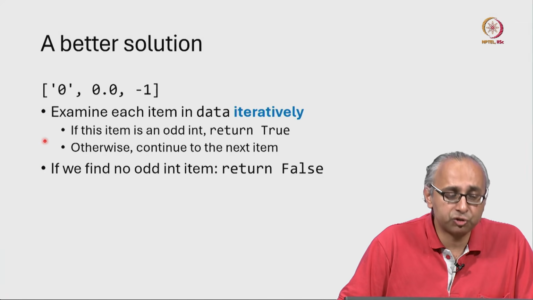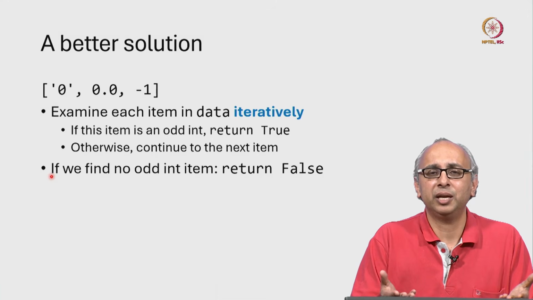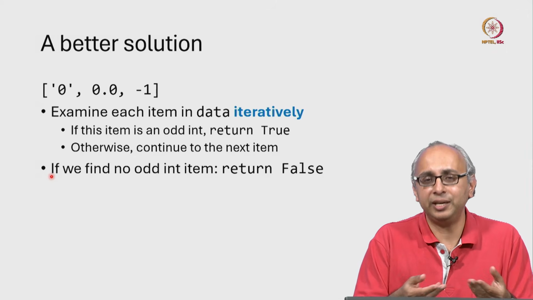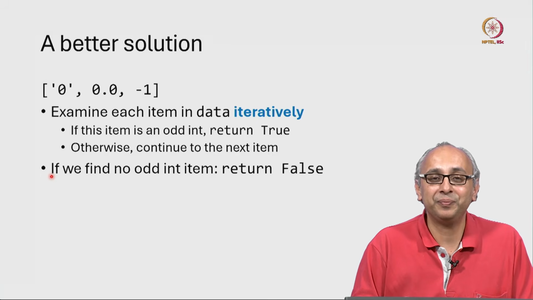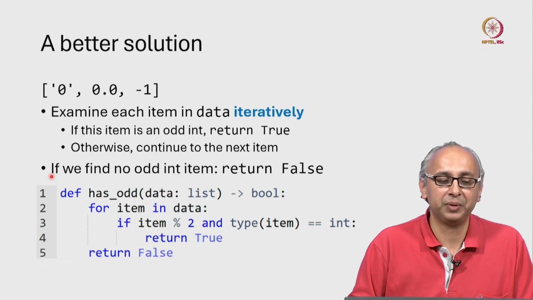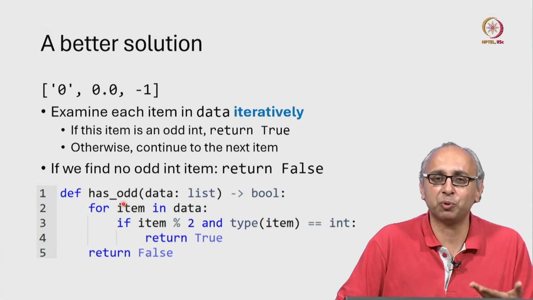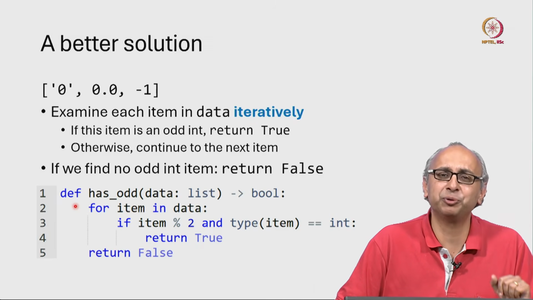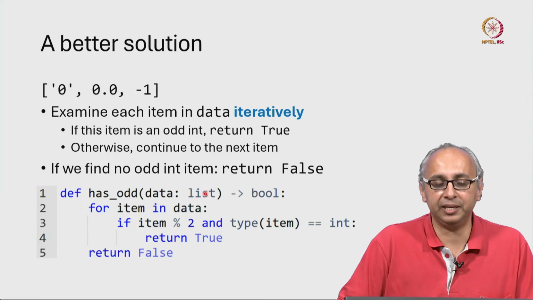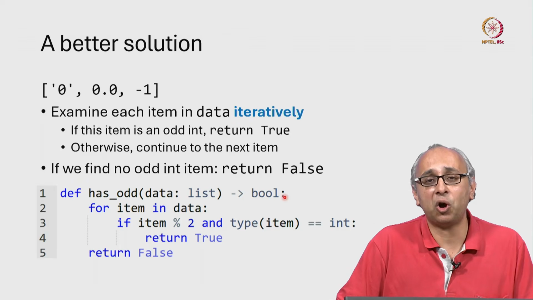So hopefully this strategy, at least when expressed in words, is very intuitive. If I asked you to search for an odd integer in a given list, this is probably how you would go about it. Unfortunately, the equivalent in Python looks very similar. Here is that code. So we have a function, we haven't called it mystery anymore, we've called it hasOdd, which is a much more meaningful name. We probably should have given a doc string here, but I haven't done that. You can think about adding that. Anyway, given a list which could be heterogeneous, this is going to return a boolean. It's going to return true if that list has an odd number in it.